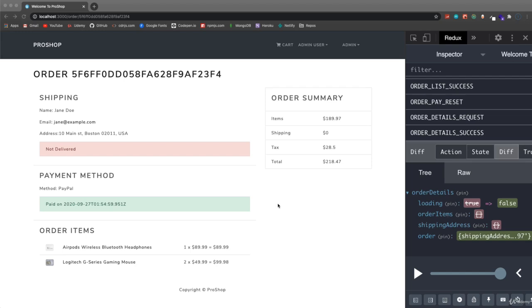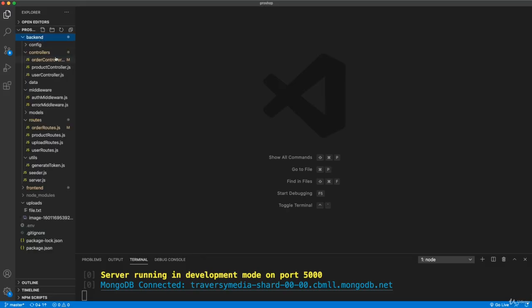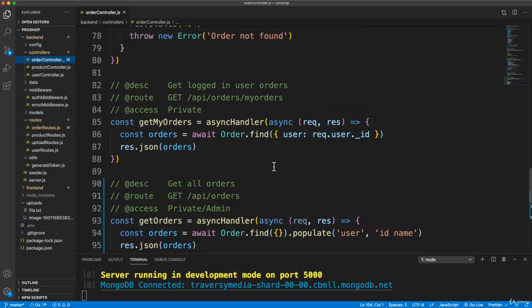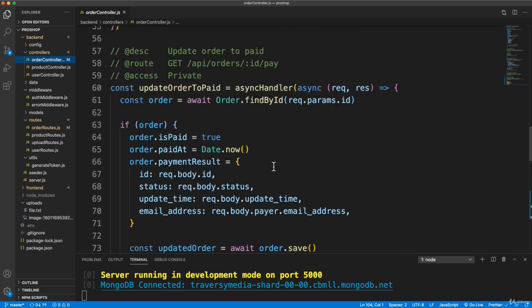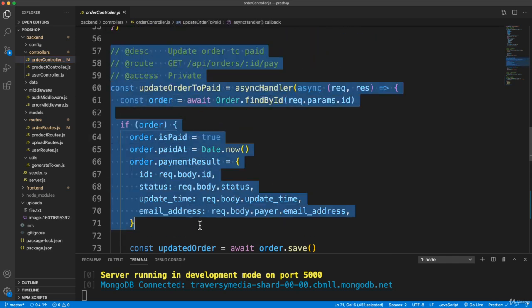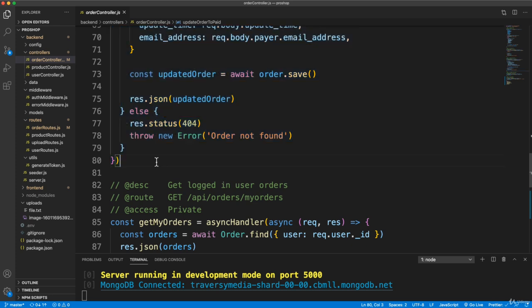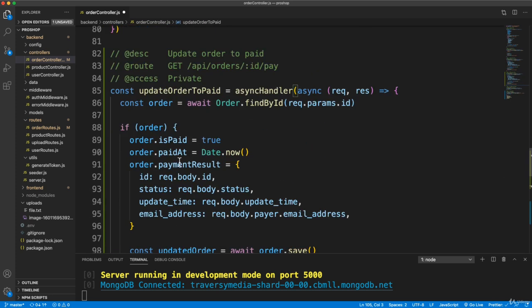So now we want to add a mark as delivered button for admins. So we have to handle that functionality in the back end, right? We need to basically update the order to delivered just like we did with paid. So let's head over to our order controller in the back end, and we have our update order to paid here. So I'm actually going to grab this and go right under it and paste it in, and let's say